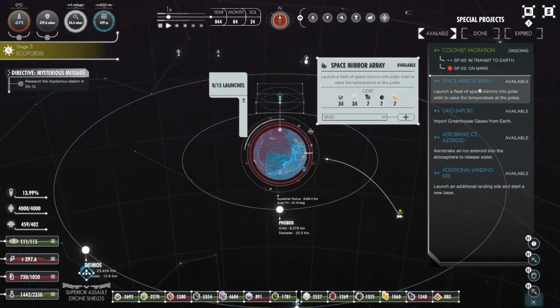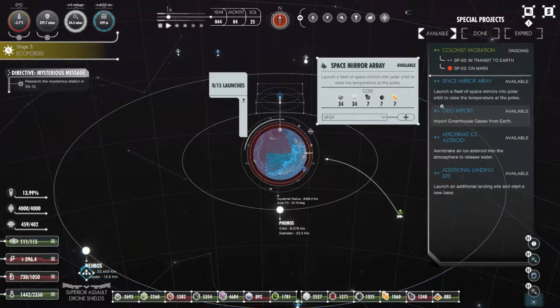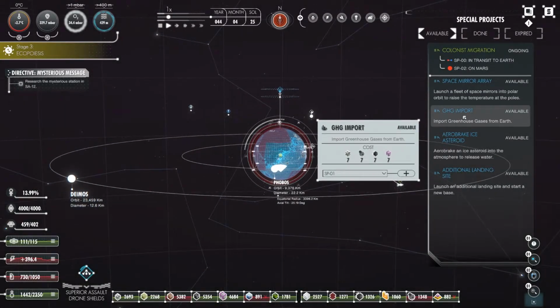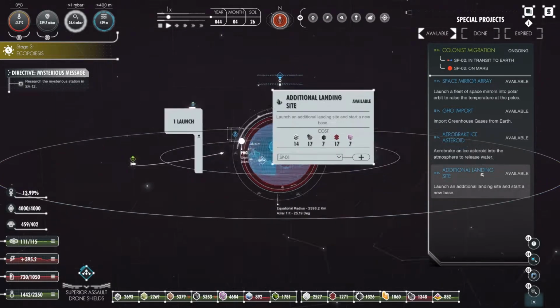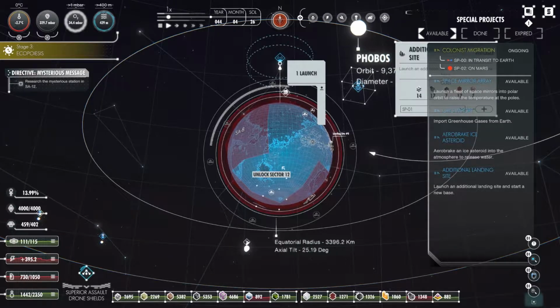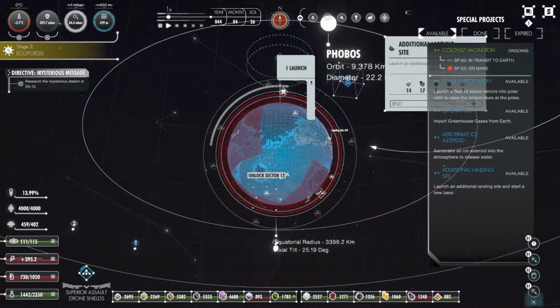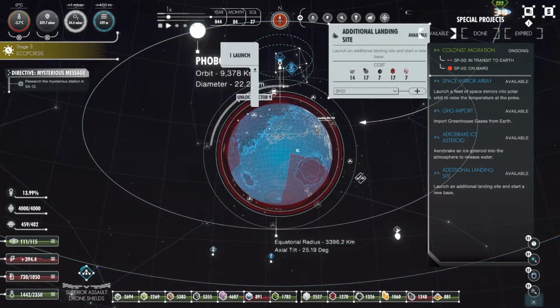Is there anything we want to do in the meantime with our spare launch site that doesn't use too much? Launches a fleet of space mirrors to raise the temperature at the poles. Imports the grasses from Earth. Aerobrake asteroid. Or an additional landing site. We could use that to cheat our way, to get down there a bit quicker. Sort of how we did over here, where we went down there and then joined them up together. But I think...